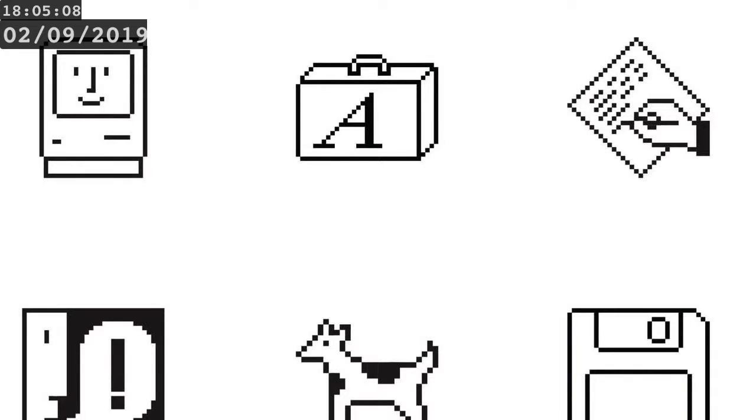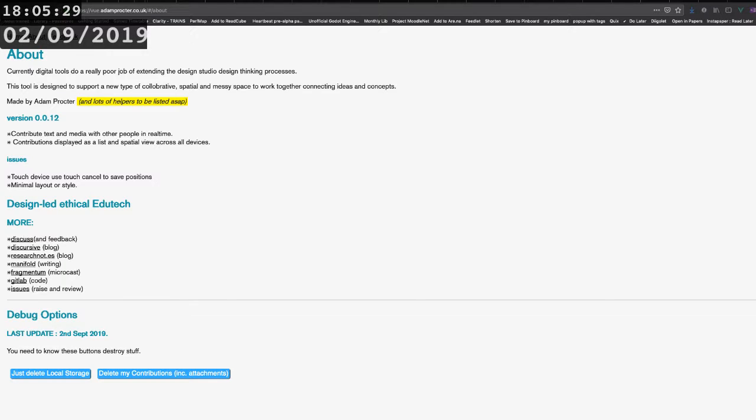Brilliant. So this is my attempted consistency. I've just run and built what I'm calling version 0.012 of nodenoggin. Let's get in there and show you some of the things that are happening now. Okay, so this is version 0.012,